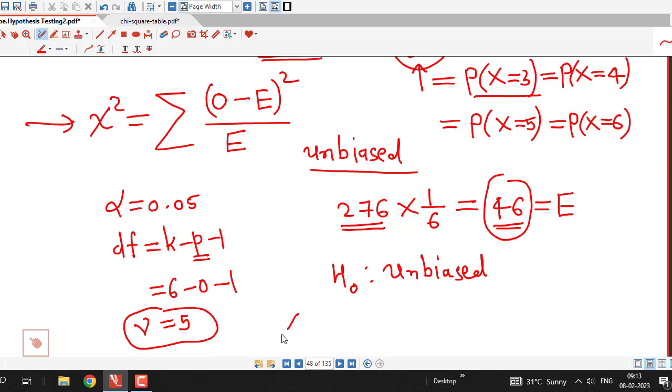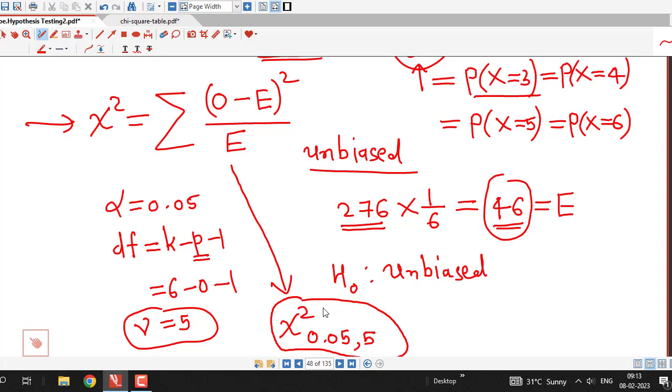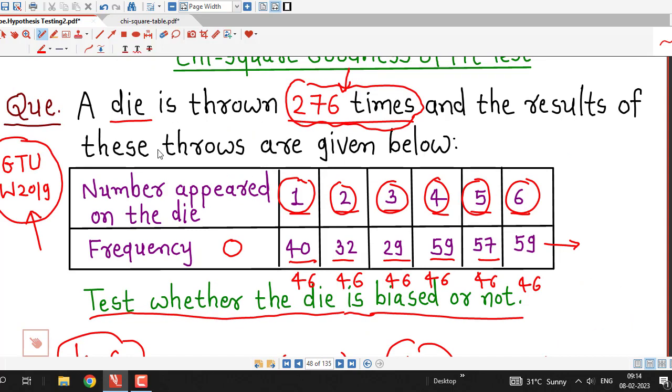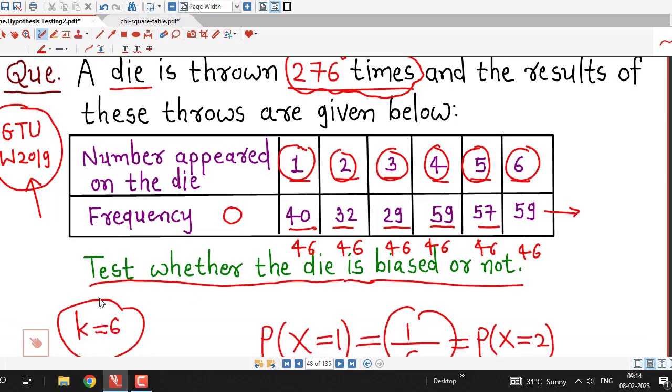So we will find out the critical value at 0.05 level of significance and 5 degrees of freedom, and then we will compare this calculated value of the test statistic with this critical value, and then we will take the decision. So this is a very simple question. Whenever you have this type of example on throwing of a dice,